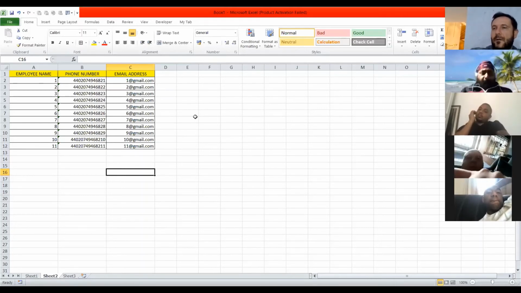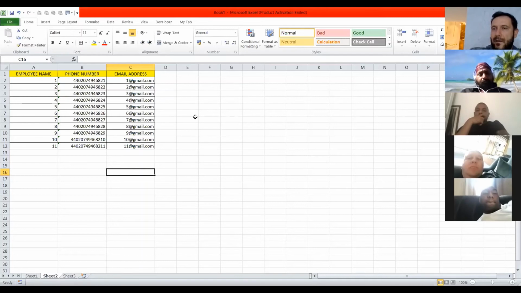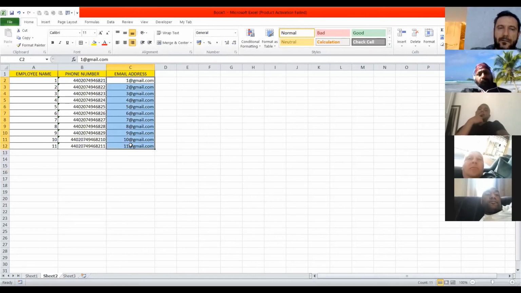There's some software that you're gonna have to pay for, so when you send the email it is linked to the database and you send all the emails directly. Otherwise, if you don't want to pay, you can do it quick anyway in the same way. You're gonna just go there and copy all the column with the email.